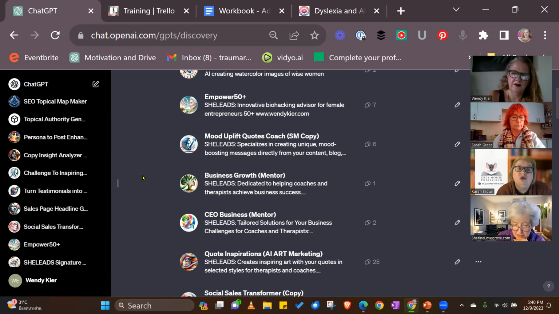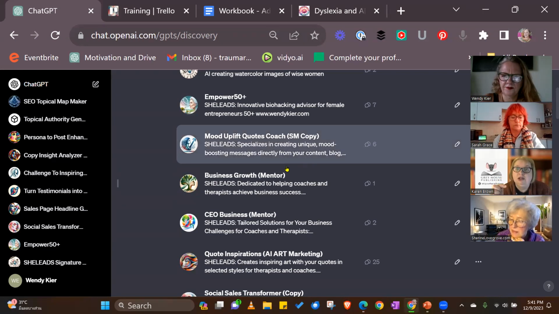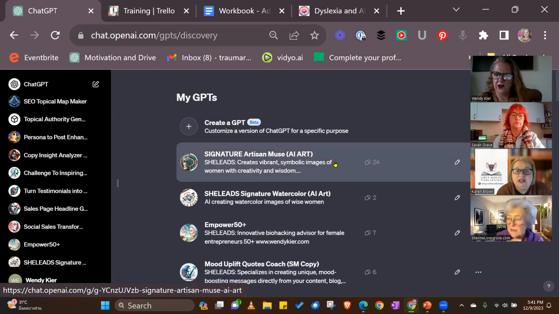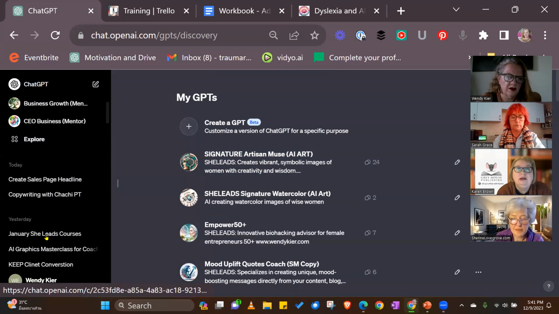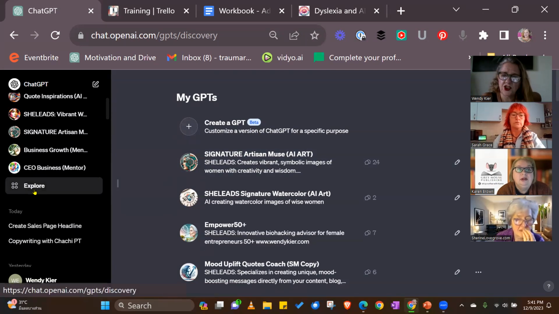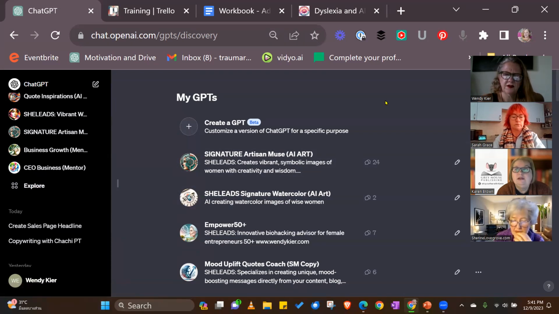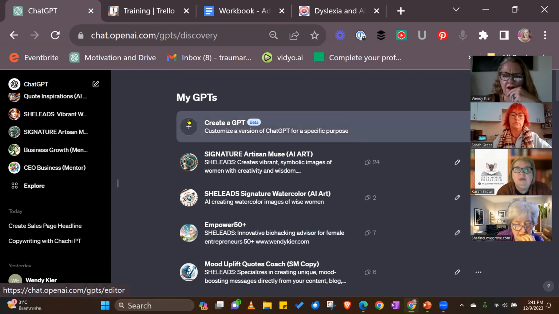But I think because I've got the trial, I don't have the option for plugins. I do have Explore, but it's only giving me ChatGPT-4 and a GPT that doesn't have the plugins. Although when I go into Explore, it did include DALL-E in there. If I click on that, it gives me a list, but it doesn't give me a huge amount. I just have to load more. So it's got some of them.